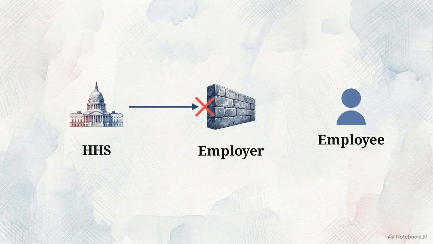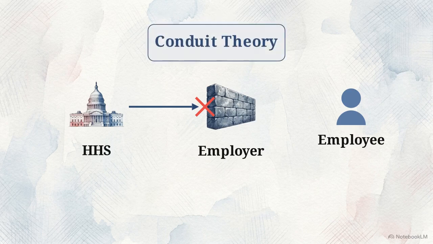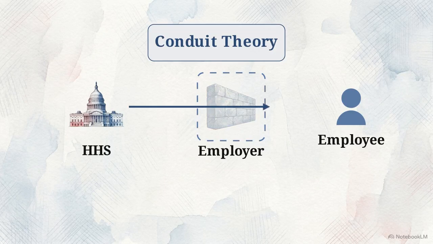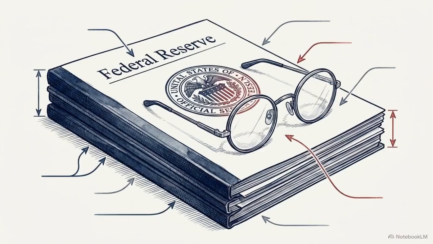Usually, an employer's independent decision acts as an intervening cause, severing the liability chain from the federal agency. The Bennett complaint bypasses this through a conduit theory, arguing the employer was merely a pass-through entity enforcing HHS instructions. Evidence for this theory is found in the employer's written records. The Board of Governors explicitly cited HHS and CDC policy as the factual premise for its mandate and the denial